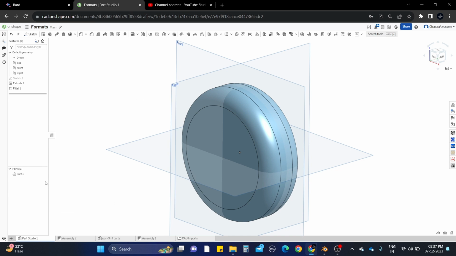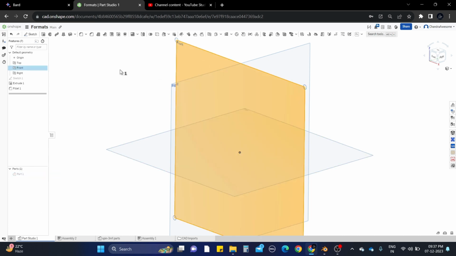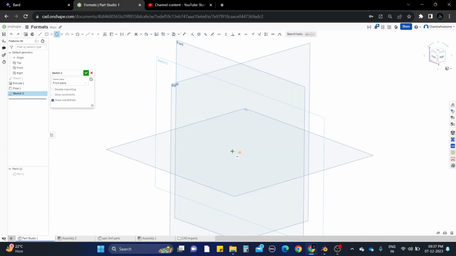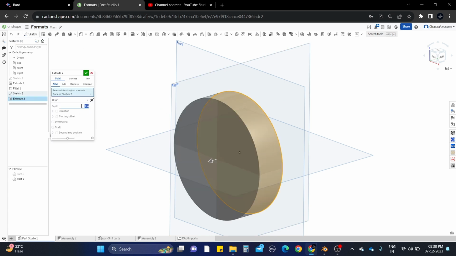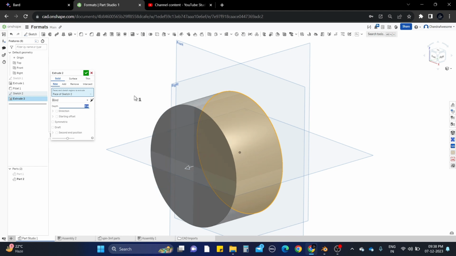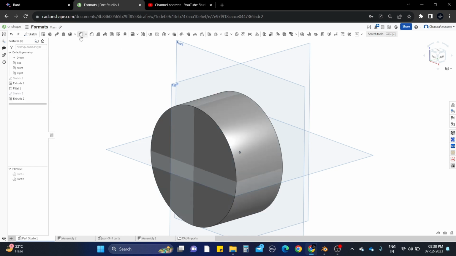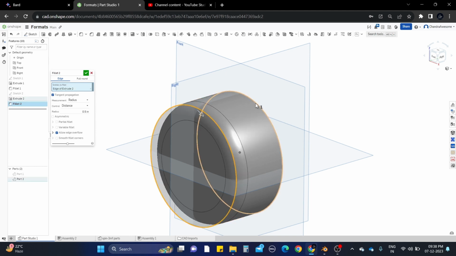Okay, I'm just going to hide this shape. I'm going to select the front plane, start a sketch, and draw a simple circle. Let's give it some dimension. I'm going to do 4 inches and click OK. So what we can do, let's start with extrude. Select the sketch, extrude it, give about 2 inches in depth, and click OK. And what you can do, just simply give the